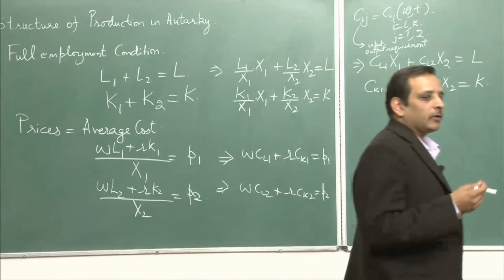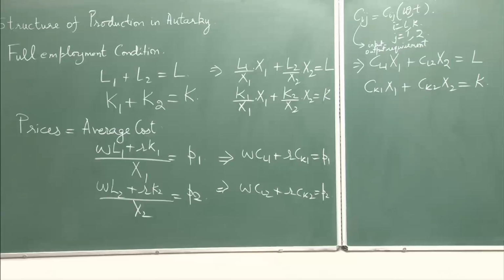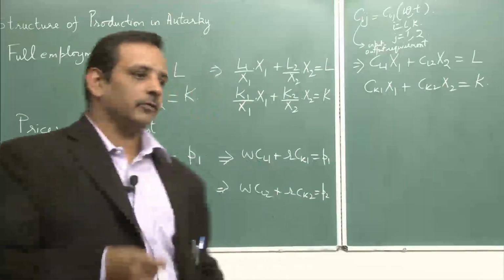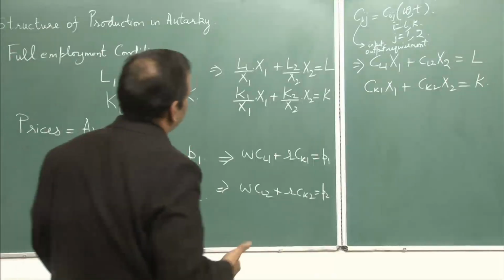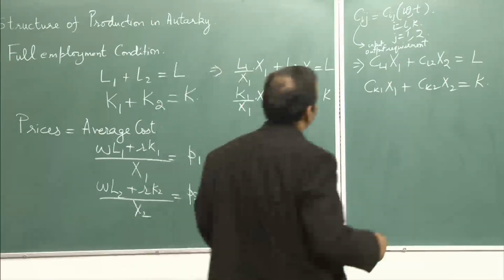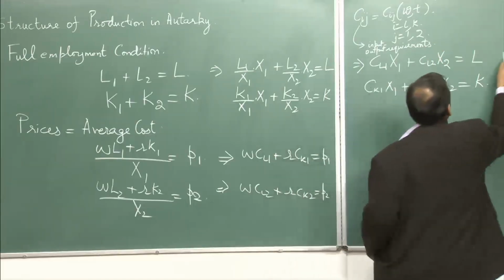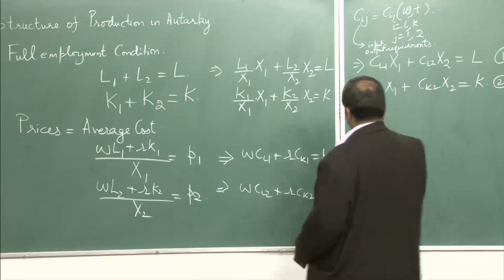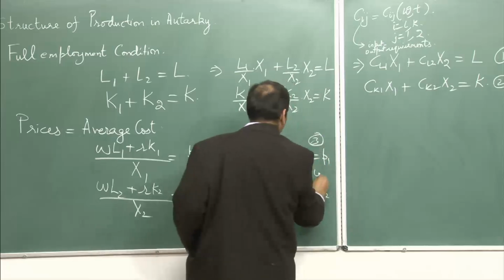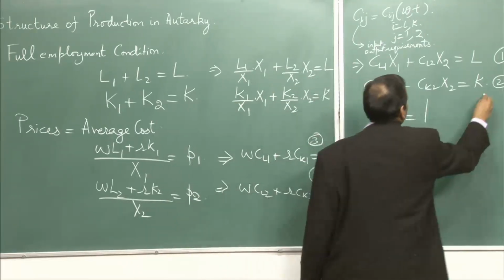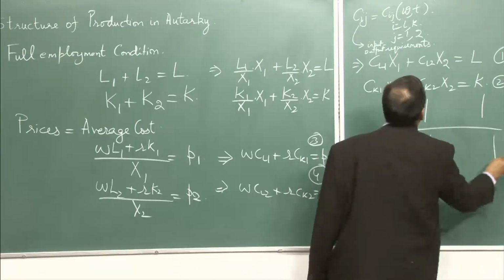CK1 is the amount of capital required to produce 1 unit of good 1. CK2 is the amount of capital required to produce 1 unit of good 2. So, you also call it input output requirements, or you can say unit labor requirements. So, then you have this 1 and 2 and 3 and 4. If you solve it using the Cramer method, it would give you